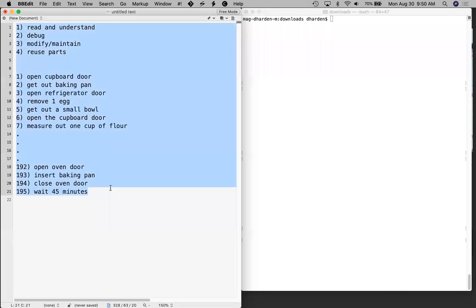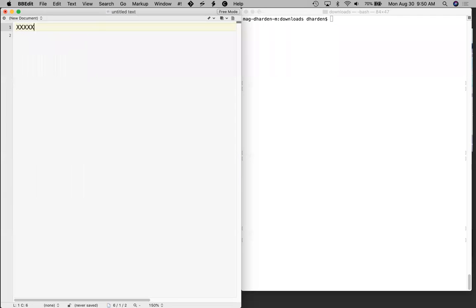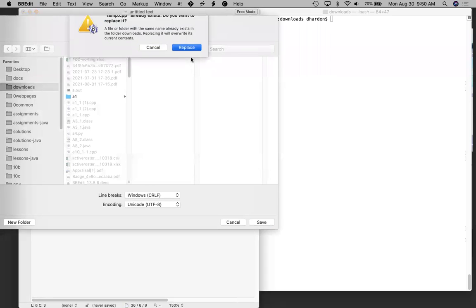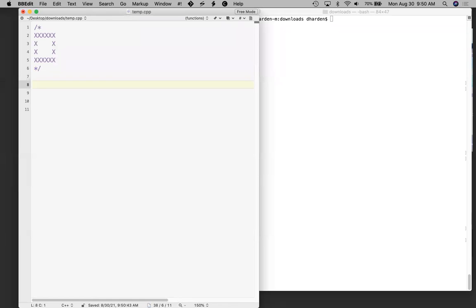So here's what I want to do. We're going to write a C++ program that draws a box. Okay, that's our goal. Let me go ahead and just put this in a comment so that we can keep it up there and work on it at the same time. Okay, so